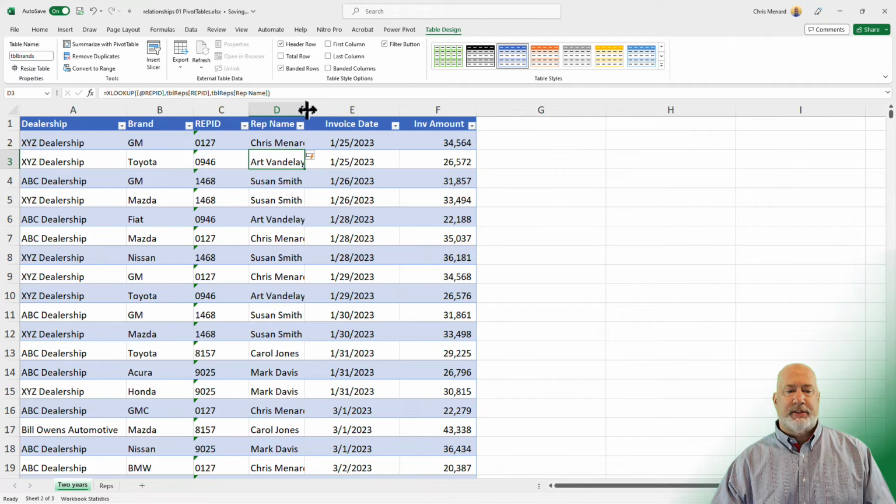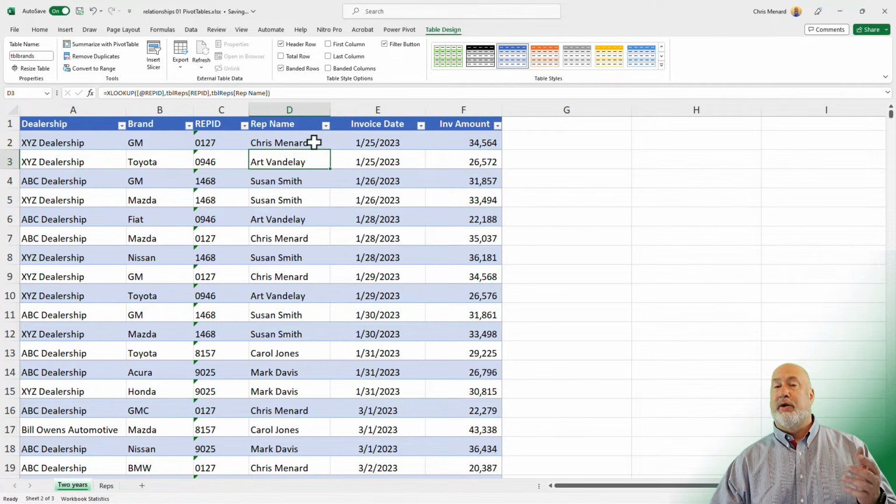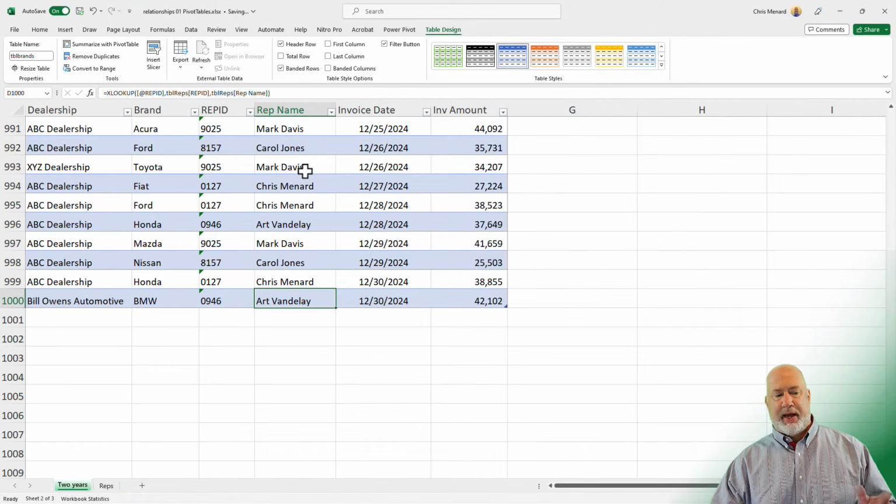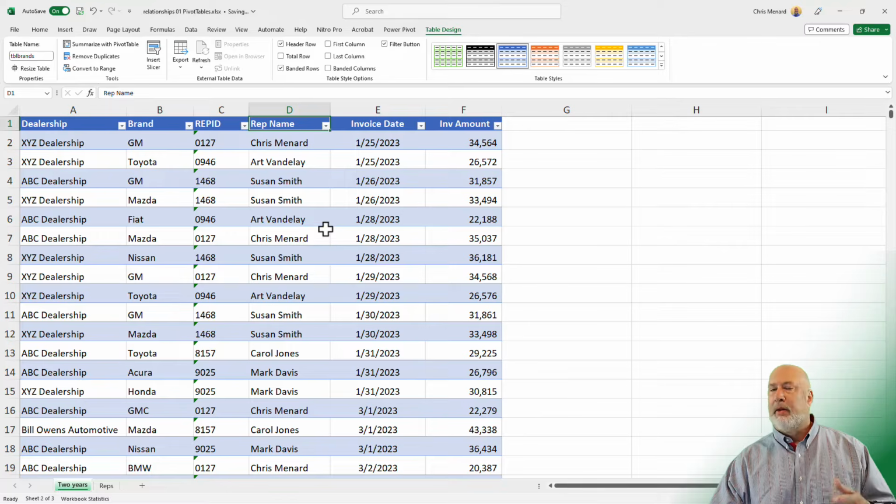And because it's a table, if you're wondering, Chris, you didn't have to auto fill down, correct. That is called a calculated column is the correct term. Column D having all the names in there. I am going to double click to see if it went all the way down. It did. We had 999 records. So that was method one.